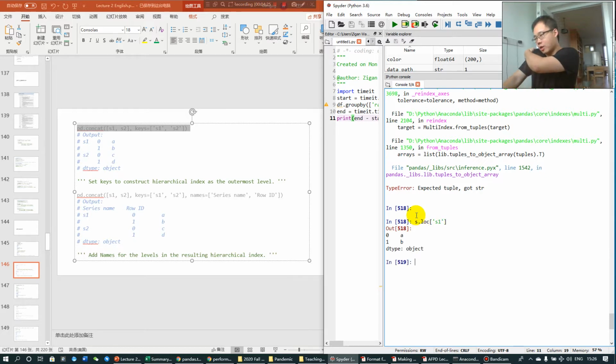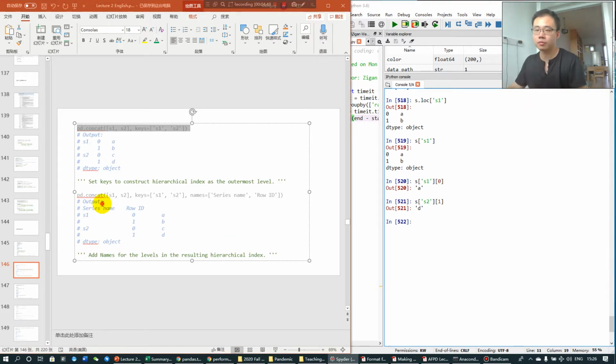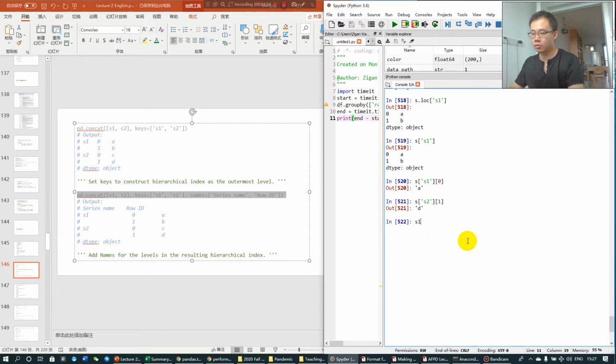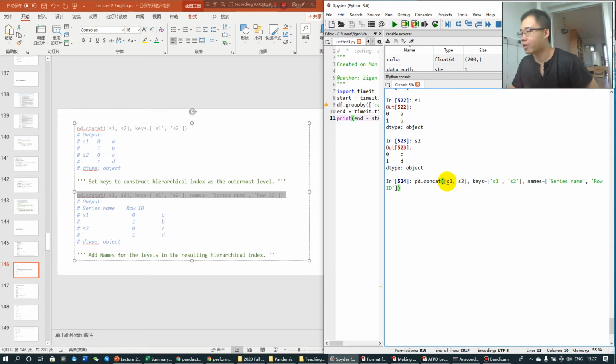Okay, then maybe I don't need the loc. I really need the loc. No, I don't need the loc. So if I want to have A, I will do this. If I want to have S2s, if I want to have D, I usually use this. If you want to concatenate them together,